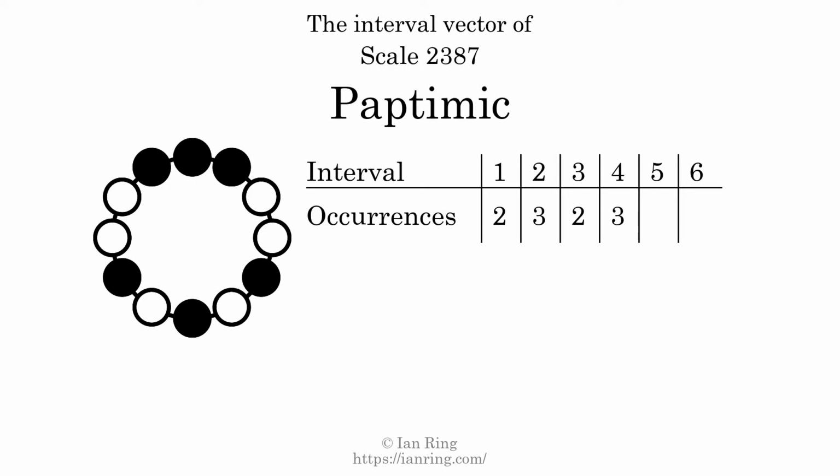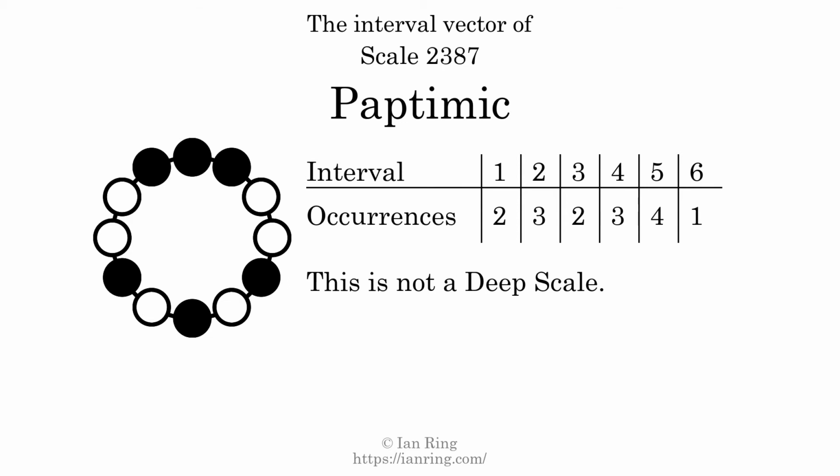There are 3 intervals with a size of 4 semitones. They are here, here, and here. There are 4 intervals with a size of 5 semitones. They are here, here, here, and here. There is 1 interval with a size of 6 semitones. It is here. Each interval does not appear in this scale a unique number of times, so this is not